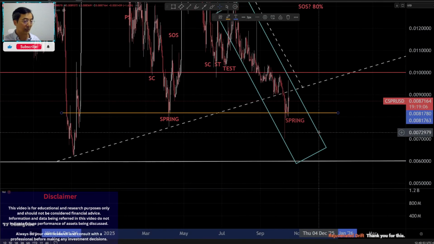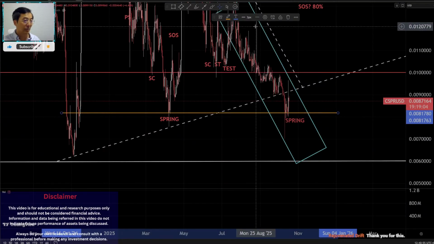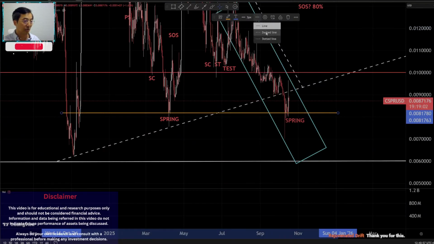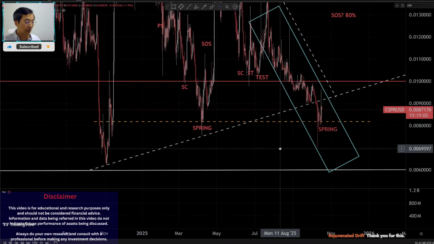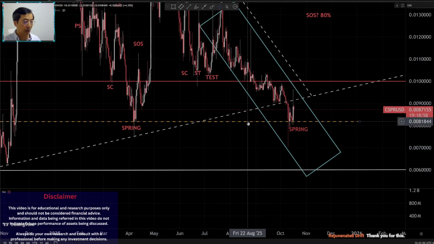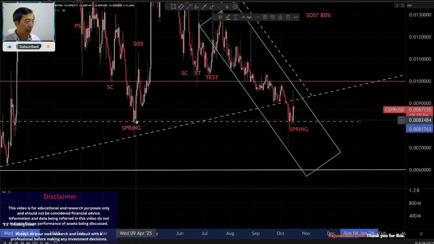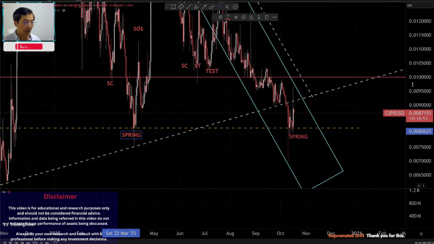Not the key level, but the level that extended from the spring. I should change this to a dashed line so as not to mistake it for the key level. So this 0.0082, roughly, is where the last spring was. And you see how